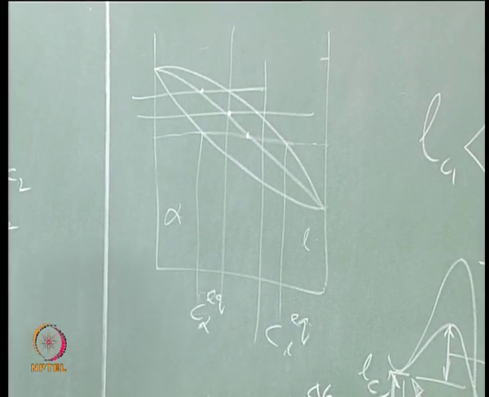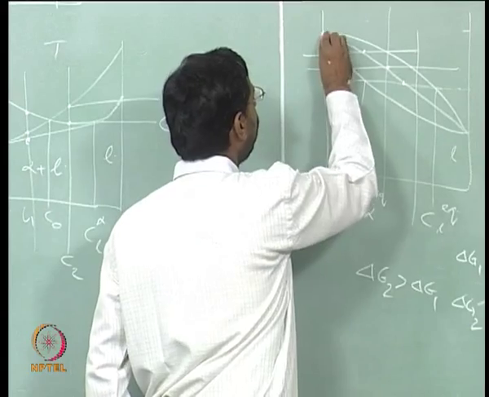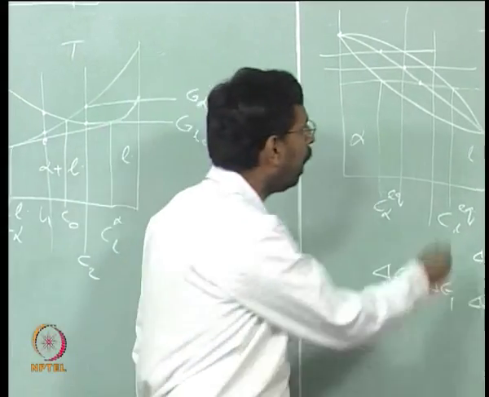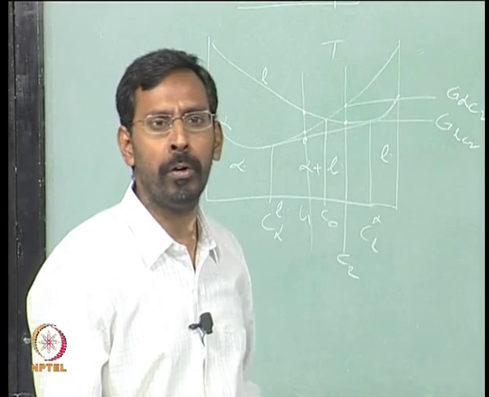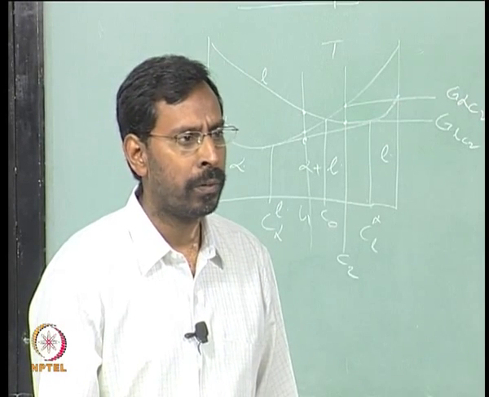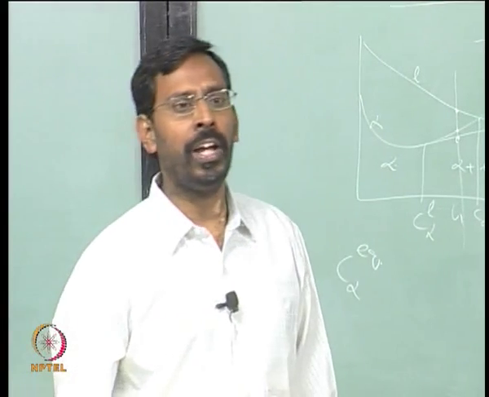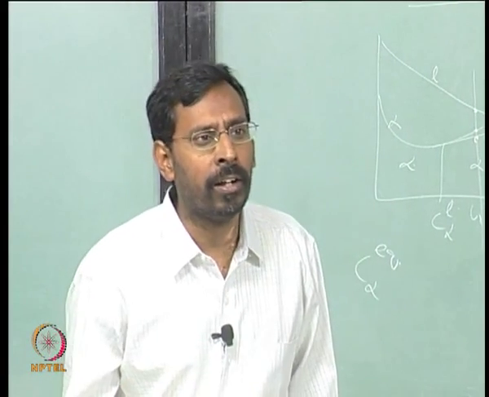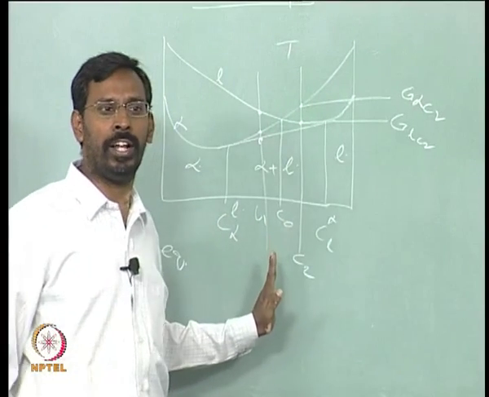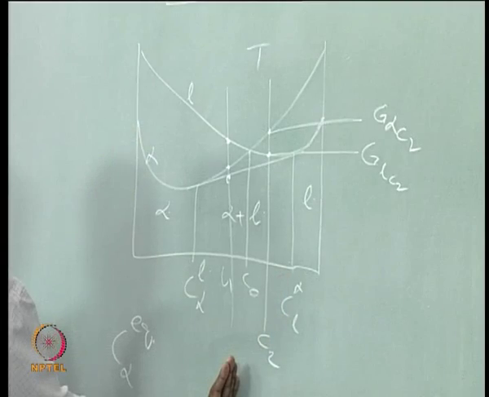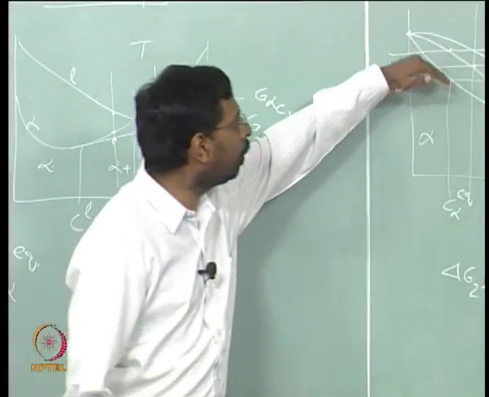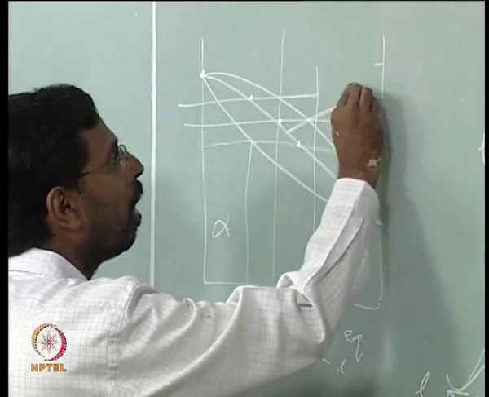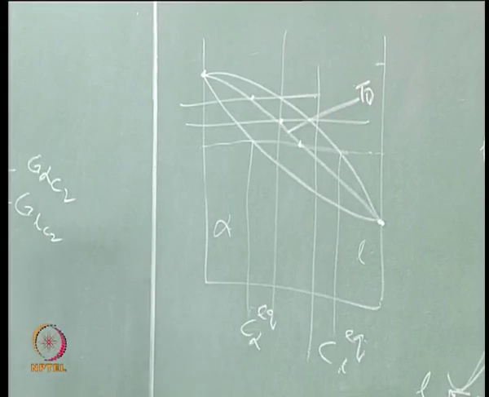And incidentally, this line would meet the pure metal melting point here and again meet the pure metal melting point on this side. Why? Because those 2 points are where the definition of a pure metal melting point holds. What is the definition of a melting point? The free energy of both phases, the liquid and the solid, is equal, and C naught is nothing but where the free energy of liquid and solid is equal. So obviously this particular composition or temperature, we now call T naught. This curve is called the T naught curve.